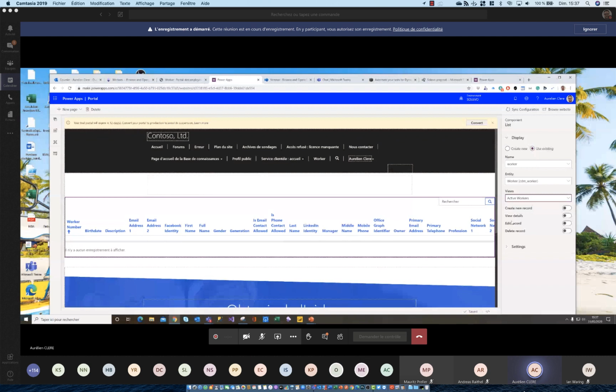You can just edit and give access to this user only to the Power Apps portal. And of course, after that it will be synced directly to finance operation without any finance operation license. And believe me, the license cost for Power Apps portal is much cheaper than for finance operation. So you don't want to put every worker or employee into finance operation.